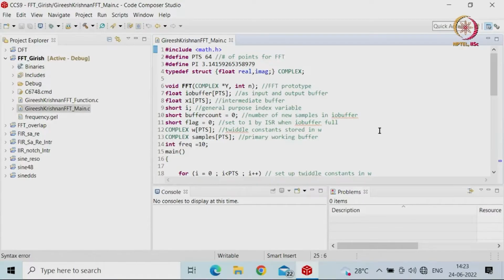Namaskara. Welcome back to the real-time digital signal processing lab course. Last class we saw how the FFT runs in MATLAB. Today we will see how we can implement the same thing in Code Composer Studio, that is, on the hardware DSP processor. The first thing we have here is a C code written for